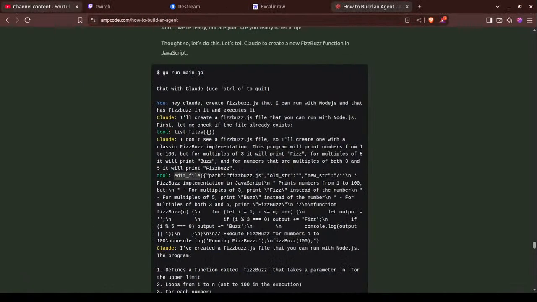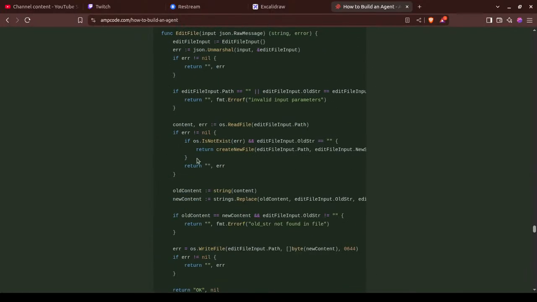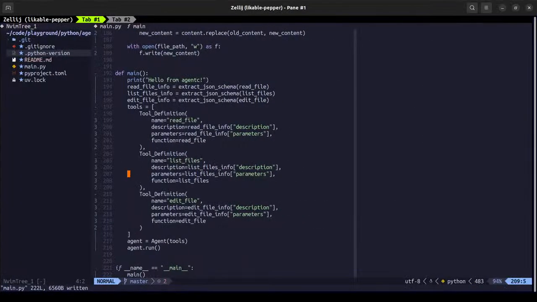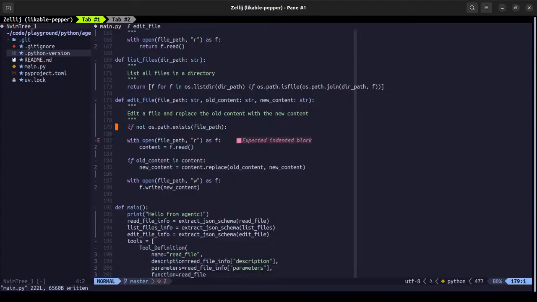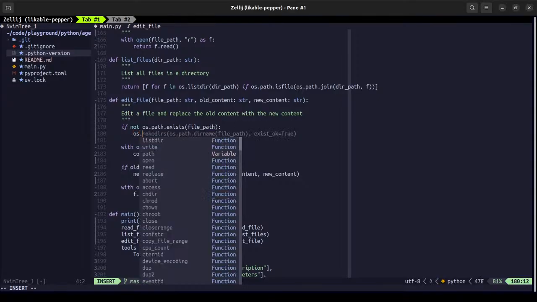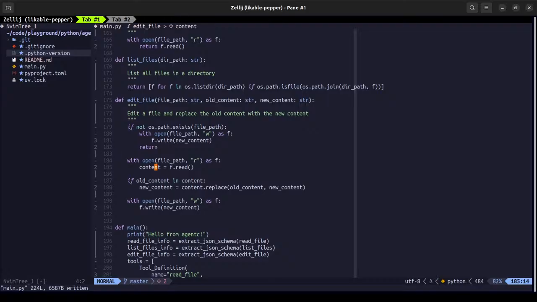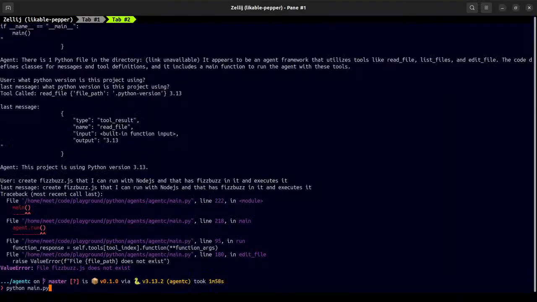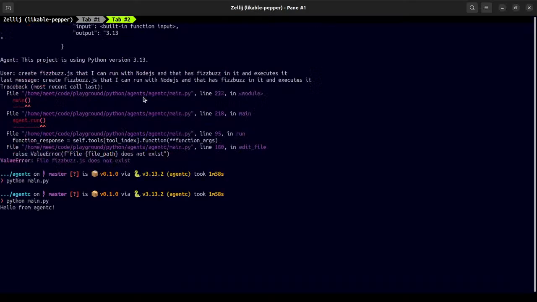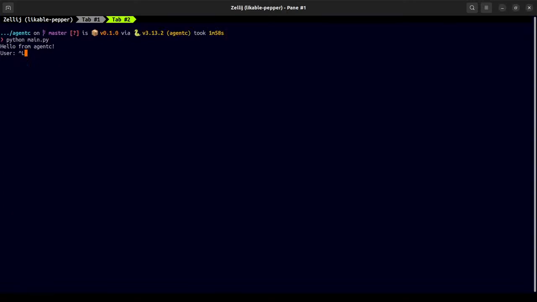Okay, wait, did we create and using it makes sense? If it doesn't exist, well, os.path.